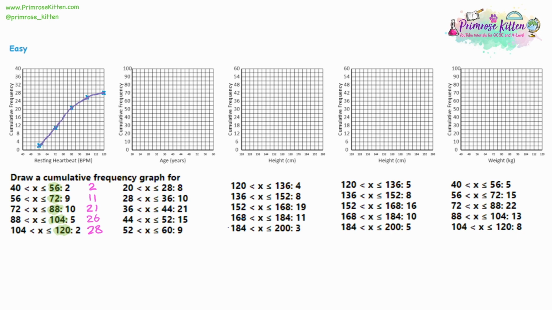Another thing we can do is that we can plot an extra point at 0. What we're saying here is we know that at 40, we know for sure we've had 0 people, because 40 isn't actually a possible value you can input into this. And then we know there's nothing below 40 because the table doesn't go that far. And that means you can just join your curve up to the very start of the graph as well. So there we go, we have a cumulative frequency curve.